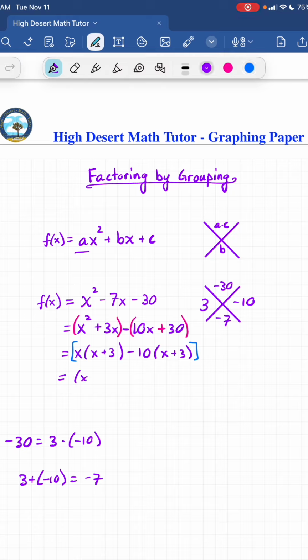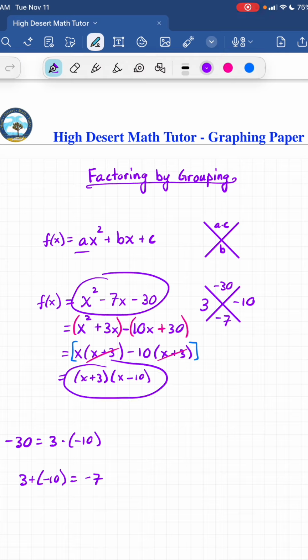We have x plus 3. And what's left over after we cancel or remove these x plus 3's, we have an x and a minus 10. So what's left over is x minus 10. And we have successfully factored this into two things that must be multiplied